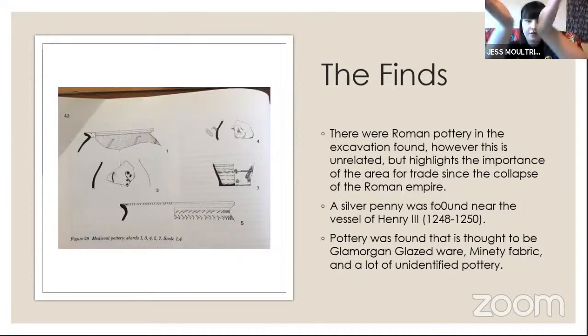It goes out like that at the top, and then it goes quite round, and it had the decoration around the neck. And then there's a lot of South Wales greyware from just this 3rd century period that they had found. But to me, that just shows that there was trade going on here. There is some significance and a reason why I think trade would have carried on from the Roman period. But it was when we got to the pottery from the medieval period by Mark Redknapp that